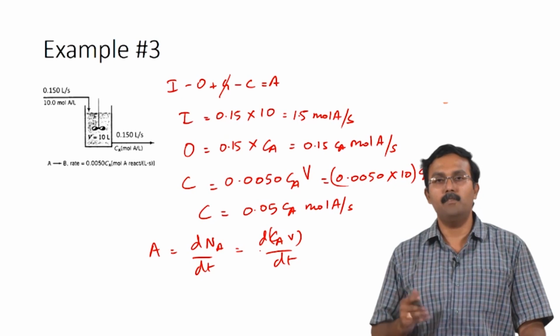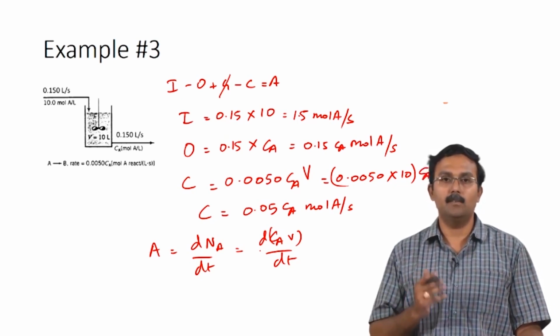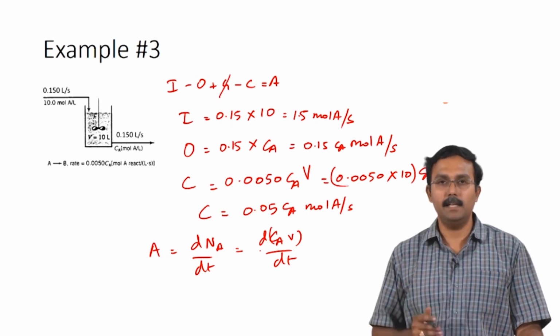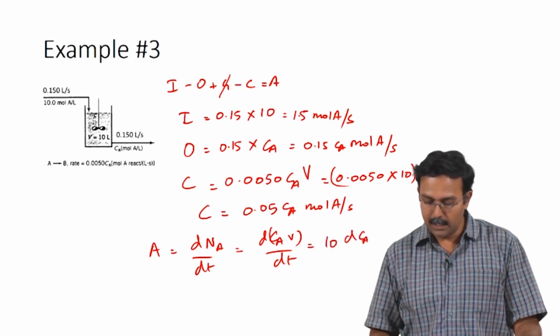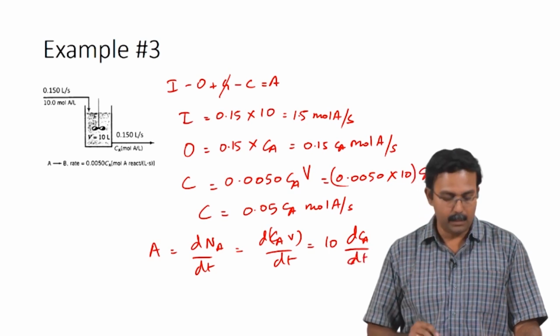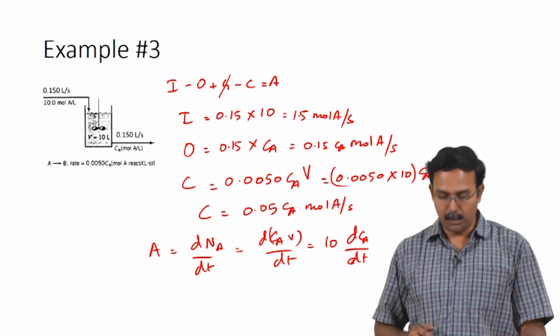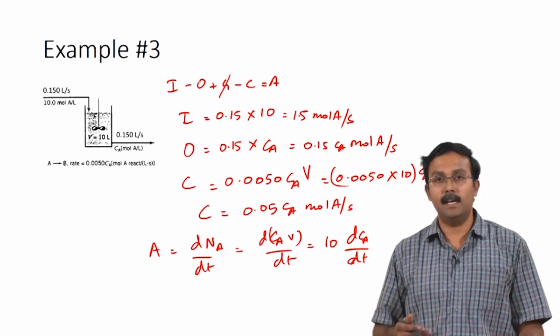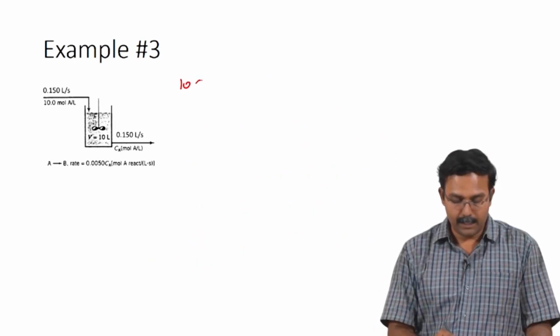As the inlet and the outlet flow rates are equal, the volume of the reactor will not be changing, and the volume of the reactor has been given as 10 liters. So, this d(CaV)/dt can be written as 10 times dCa/dt. So, this would be the equation for accumulation. Now, substituting all these back into the general material balance equation we had, we would get 10